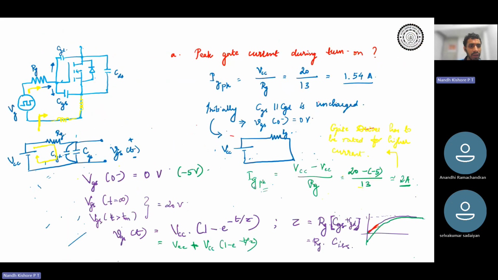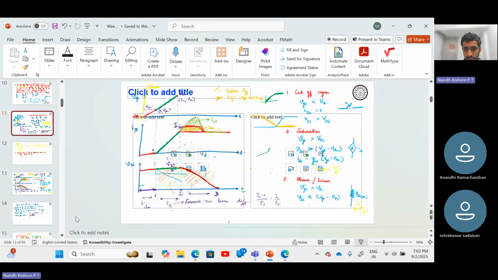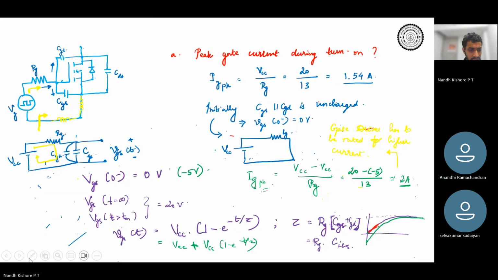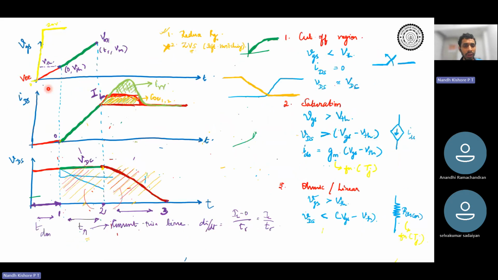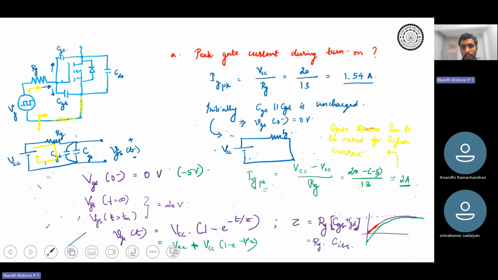So how do I make sure VGS increases faster? It is a simple RC circuit, right? We saw this in RC circuit. Yeah. So if I can reduce my RG, the capacitor would be charged faster and faster. So people try to reduce RG. If I reduce the gate resistance, the capacitor would be charged faster. So if my VGS increases faster, then my IDS would be faster, your TR would be lesser, rise time would be lesser. Okay. That is why people reduce RG, but we saw that if I reduce RG,